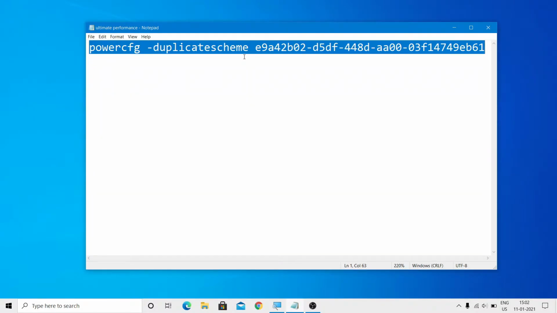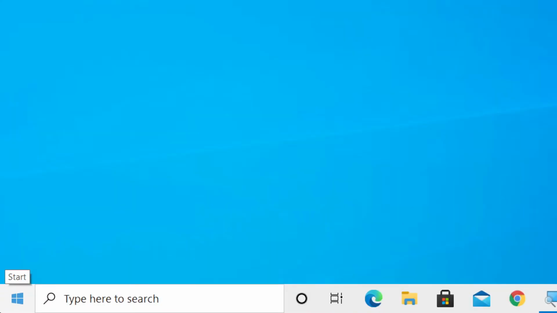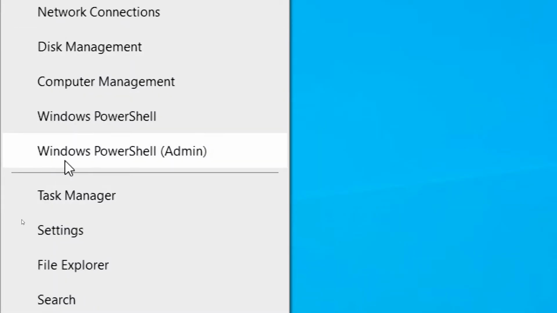Okay, so I'm opening the PowerShell. For that you need to right click on the Windows logo, and now here you will see an option, Windows PowerShell (Admin). Open this,